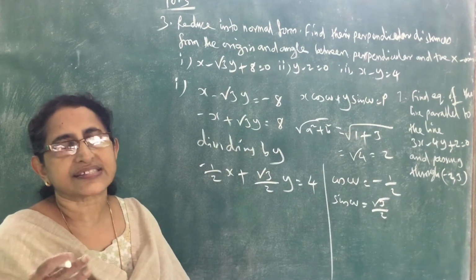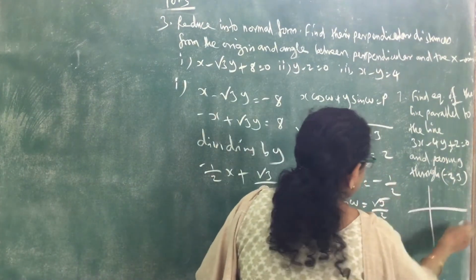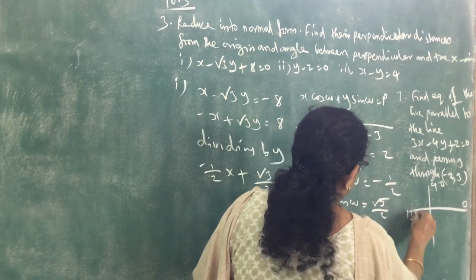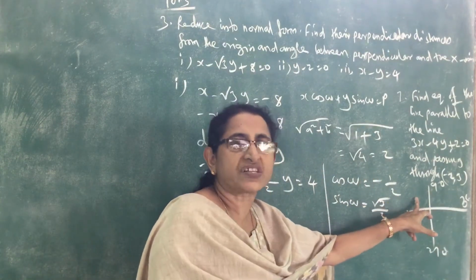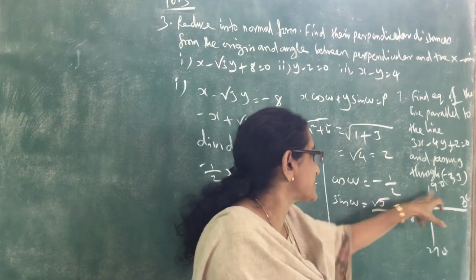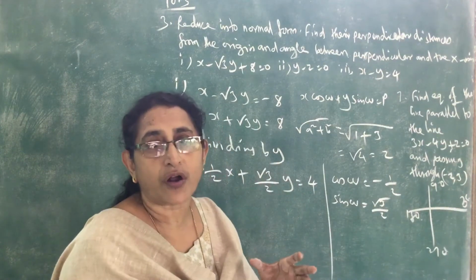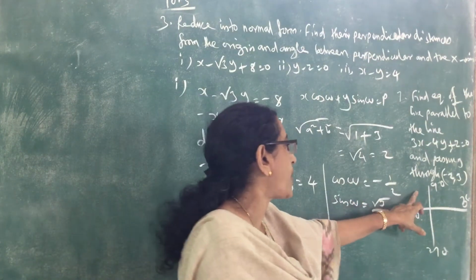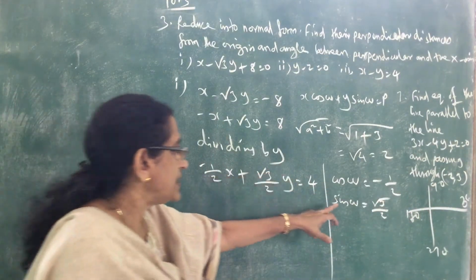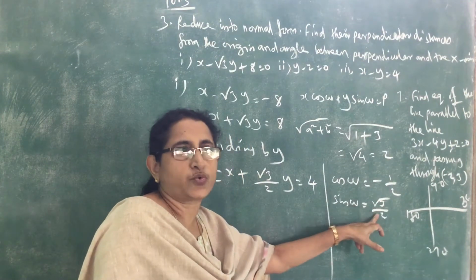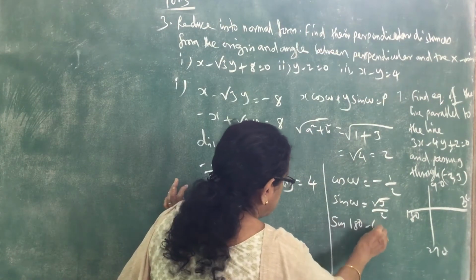In which quadrant is sin positive and cos negative? See, here 0, this is 90, this is 180, 270, 360. In the second quadrant, sin is positive and cos is negative, that we know. All sin tan cos. So the angle omega is in the second quadrant. To find that angle, we know sin 60 degrees is root 3 by 2. So we can find sin of 180 minus 60.